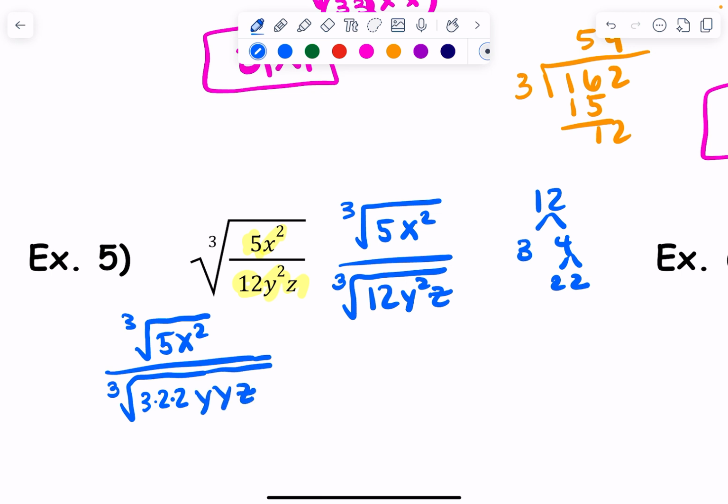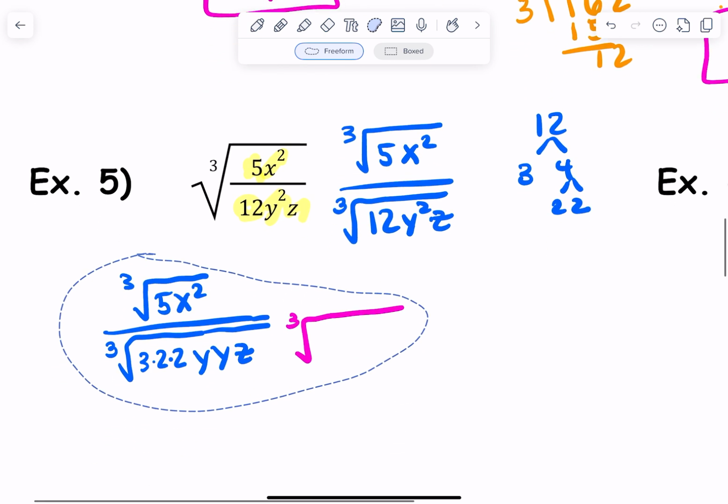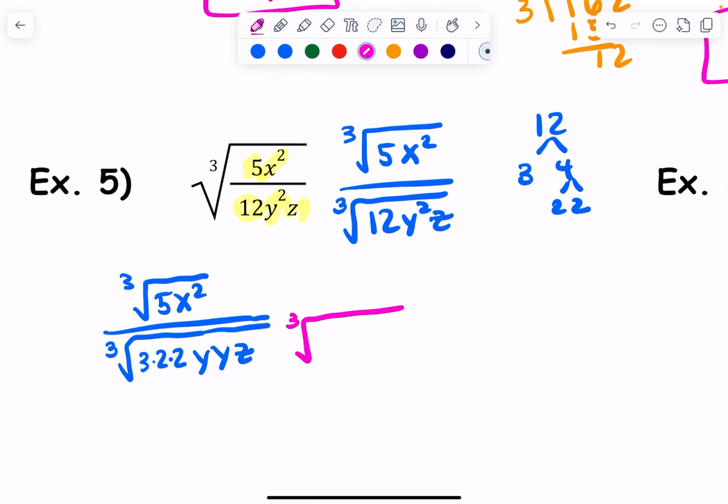So in order to get this out of the exponent, the radical, we need 3 of the same thing. So we use the same index. We only have 1 3, so I need 2 more. We have 2 2's, so I need 1 more. We have 2 y's, so I need 1 more. And we have 1 z, so I'm going to need 2 more. So I'm going to be multiplying the top and the bottom by, this is 9 times 2, so this is 18